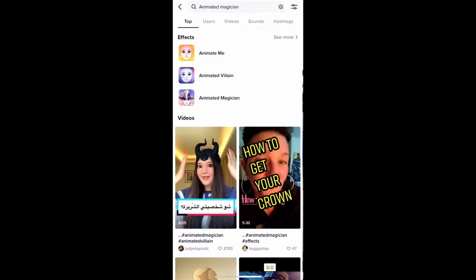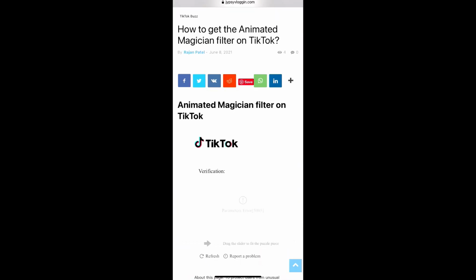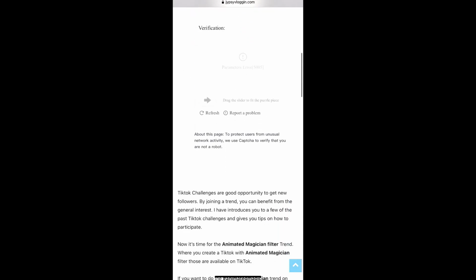Okay, and suppose you are not getting the effect from discover also, then what you can do, let me go back. Okay, visit this website. Link to this website I'll give you in the description box below. So here in this website you will see the effect icon. Just tap on the effect icon,